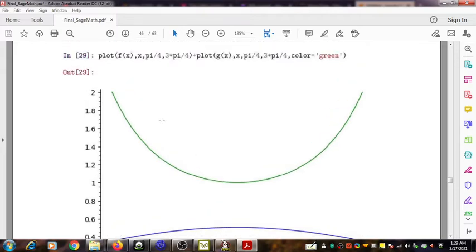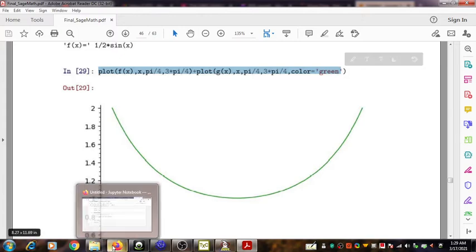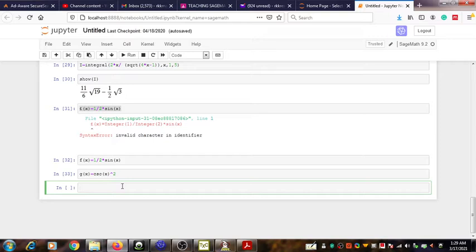You can test this by copying the entire line and pasting it in a new input box. But you have to check whether all the characters are properly appearing there. So plot fx, you have to check whether this f is correct, and fx and x, then pi by 4,